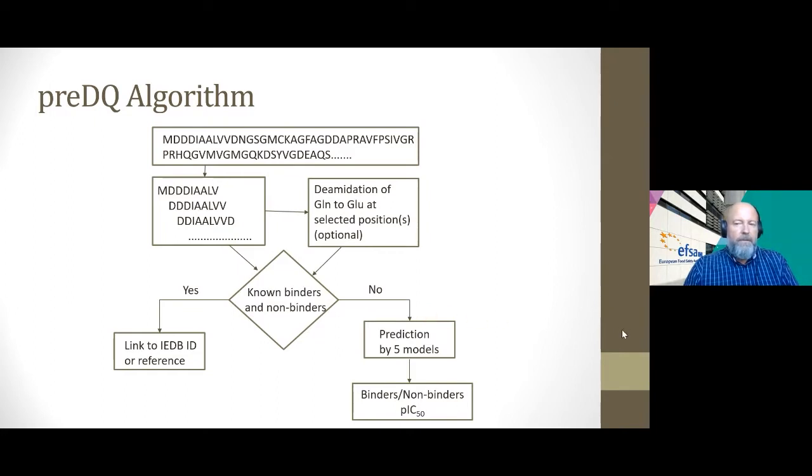The prediction panel consists of 5 models. 2 of them are classification models. The other 3 give quantitative prediction of the binding affinity as IC50 values. Here on this slide is presented